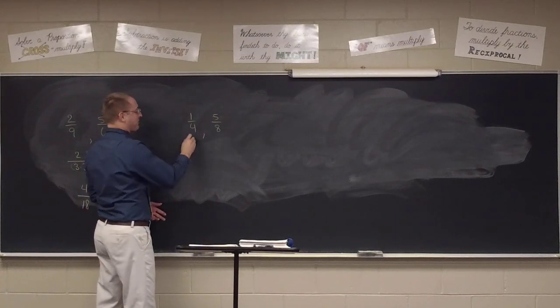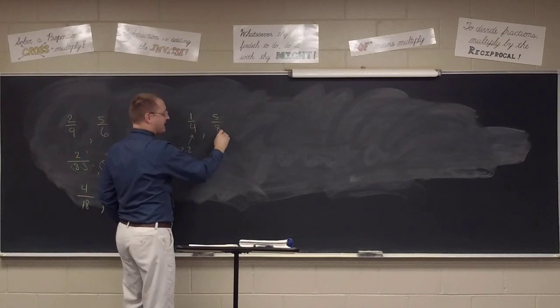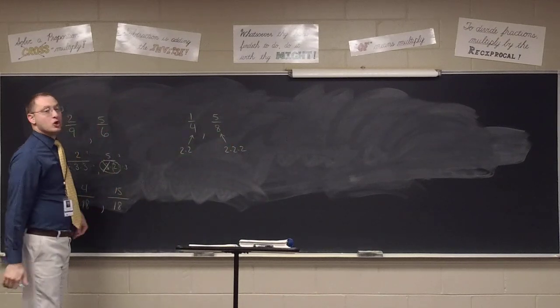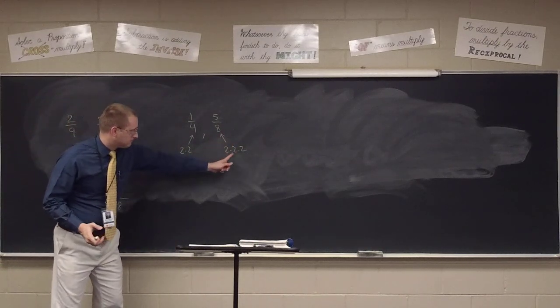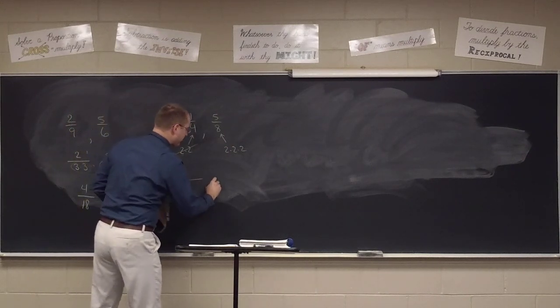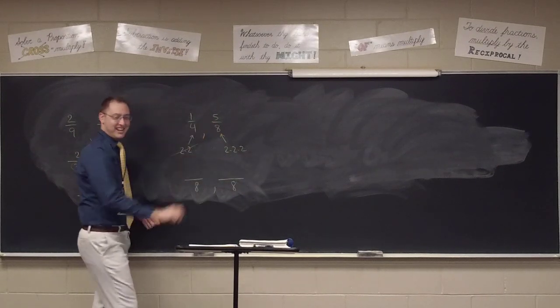How can I factor a 4, class? 2 times 2. How do I factor an 8? 2 times 2 times 2. Prime factor. Prime factor. Who wins? He has more 2's. Loser, winner, right? So therefore, the winner of the 2's, the 2 times 2 times 2, or the 8, is my common denominator,